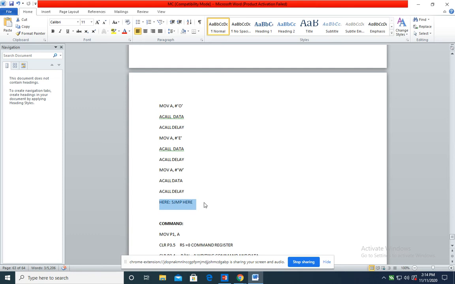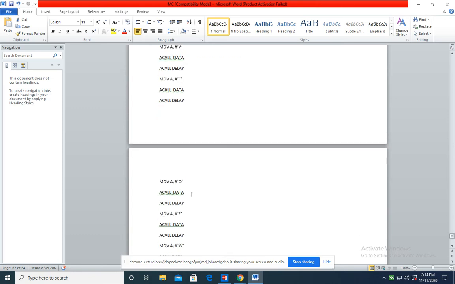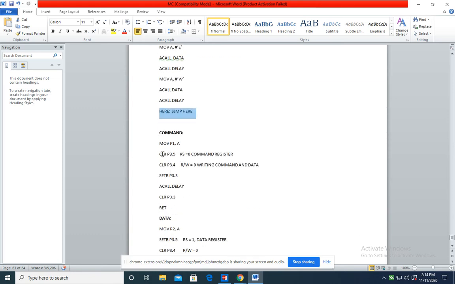Now in the command subroutine we need to send signals on these three pins: RS, read/write bar, and enable pin. You can see the first instruction is MOV P1, A: we are going to copy commands from the accumulator to port 1. This will be sent out through port 1.